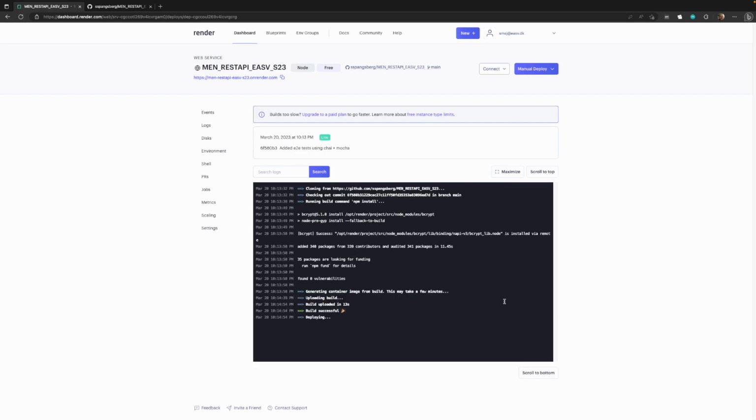All right, so we can see that Render has completed deploying our API. We have a live sign here and the health check has run, so it should be okay. Let's just click the link up here. It says REST API on Render, and if we go here it says cannot GET, and that's because the route is not defined. We have to go to